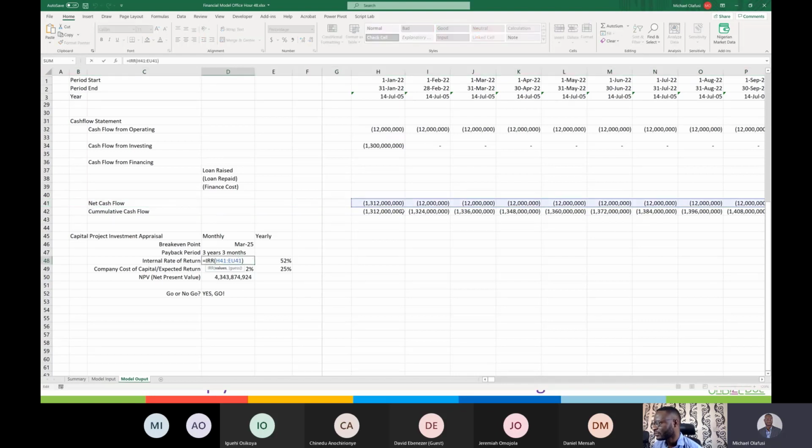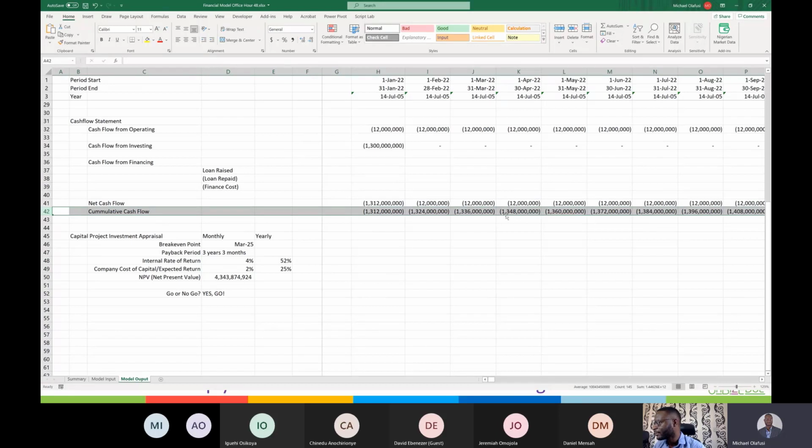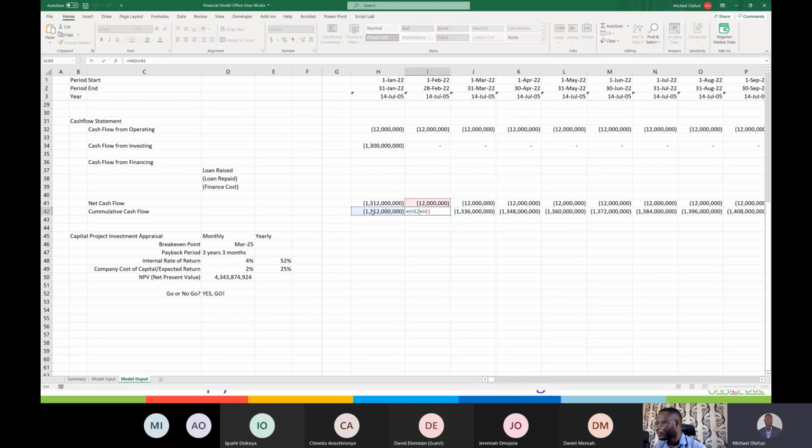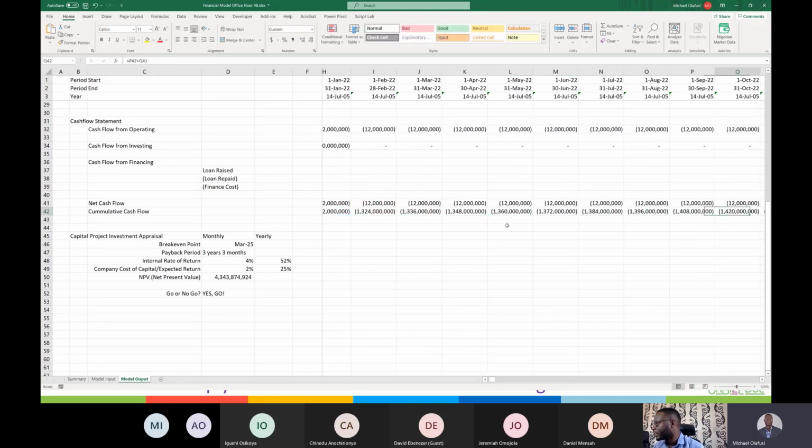So we did that last week. That's what you're going to spend at the beginning and how your money is going to come back to you over the lifespan of that project. And then we also did the cumulative cash flow to help us determine the break-even point. So cumulative is what you are spending or getting back, cumulatively. It's what you spent the last period plus what came back this period. So break-even is when that is 0.